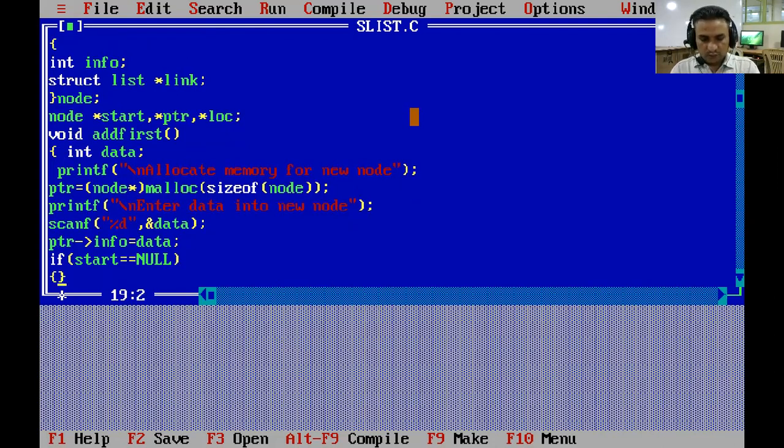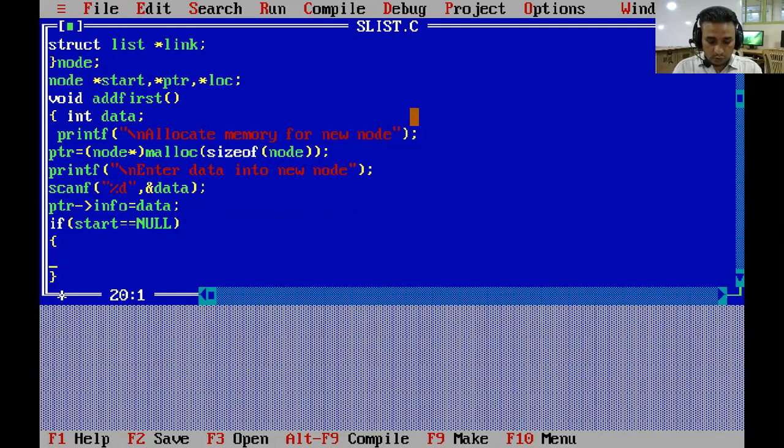So if linked list has no node, we have to set address of ptr into start pointer variable. So for this we have to write start is equal to ptr, because ptr contains address of created node. Now start contains address of first node and linked list has only one node, so we have to set link part of that node to null.